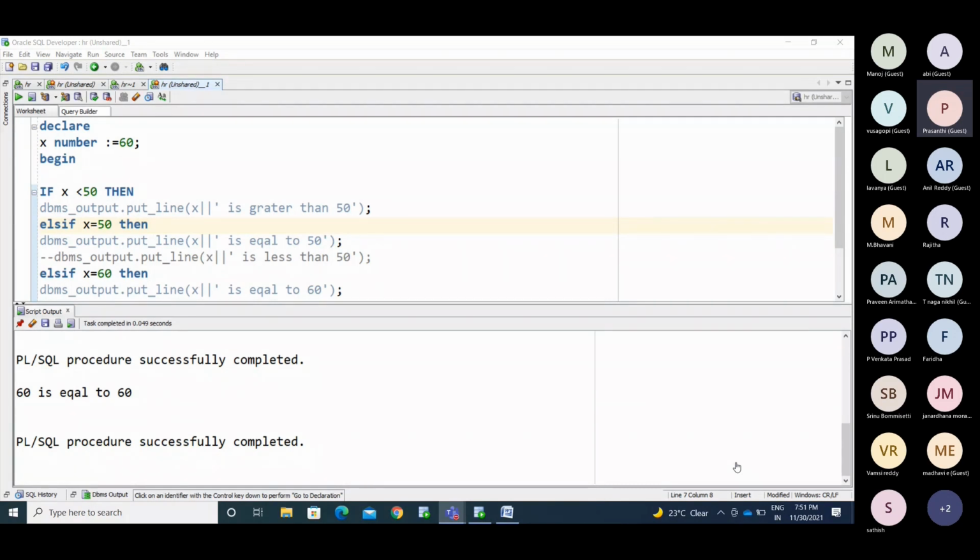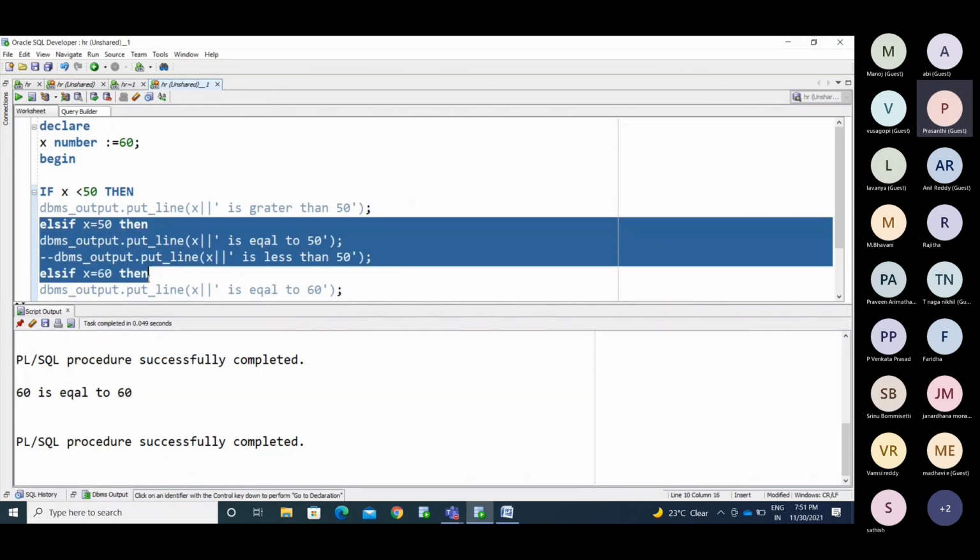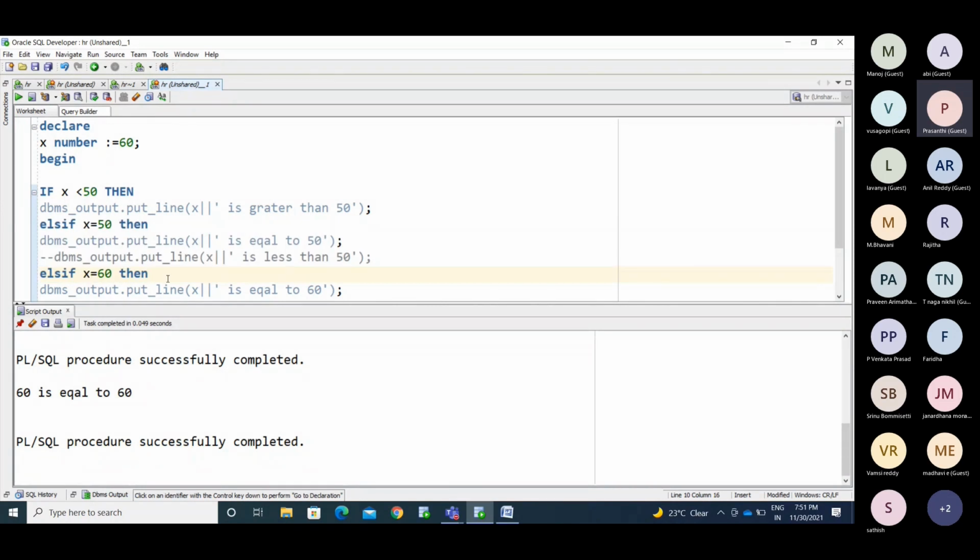So this is about the if, else if. We can put any number of else if statements. You can check like how we have the case statement: case when department number equal to 10, then when 20, then when 30, then you can put else blank. How many conditions you need to check, put that number of conditions. Put some if condition, then else if, else if, else if.